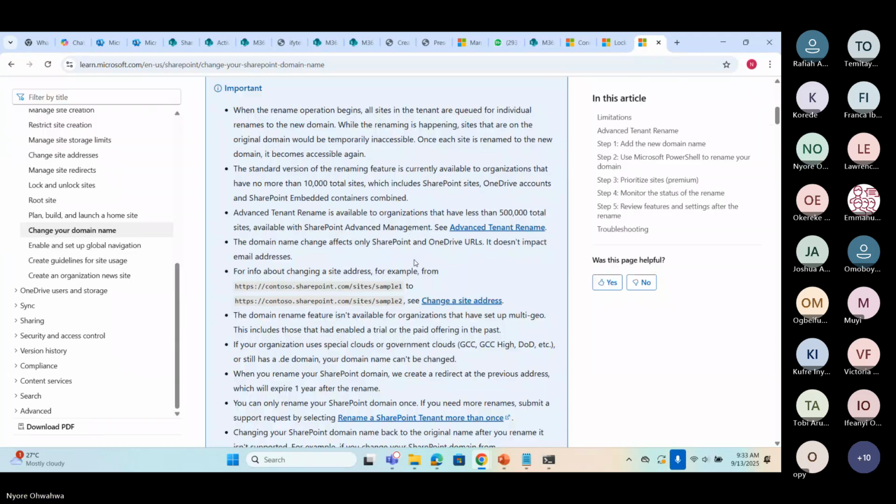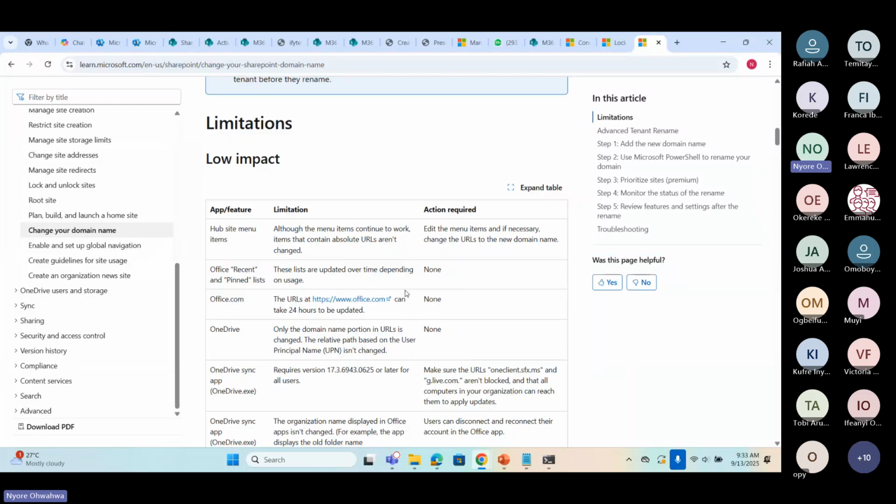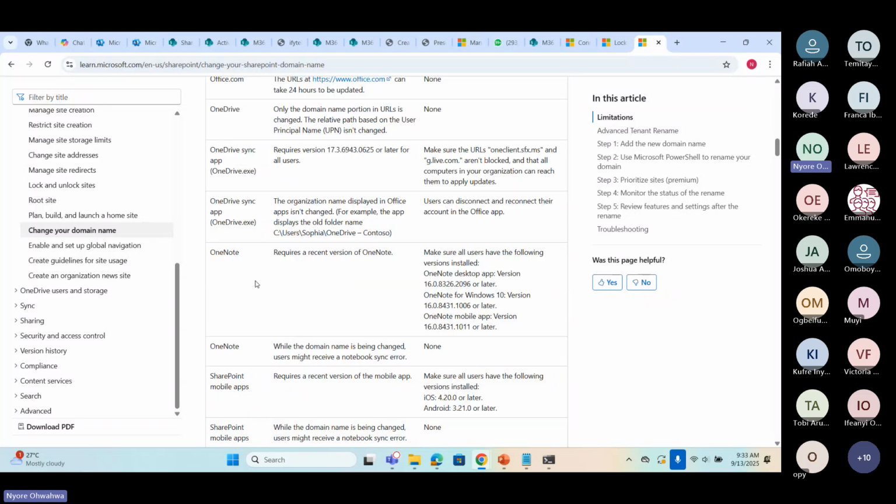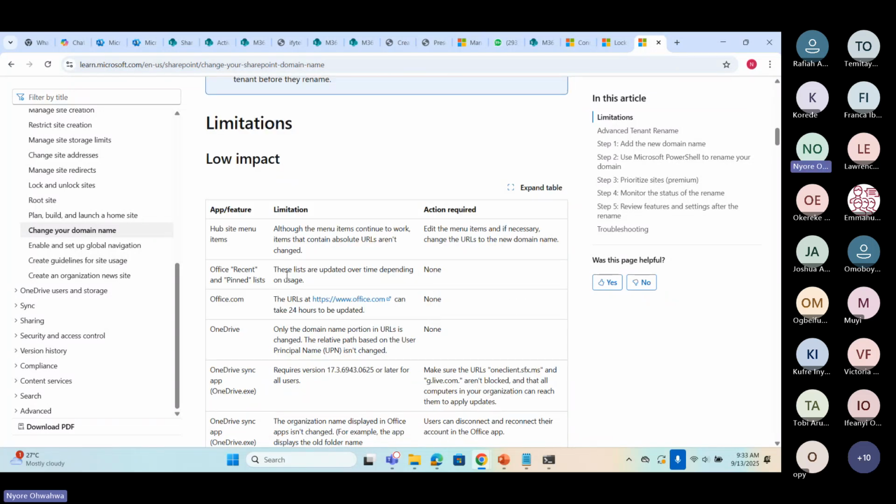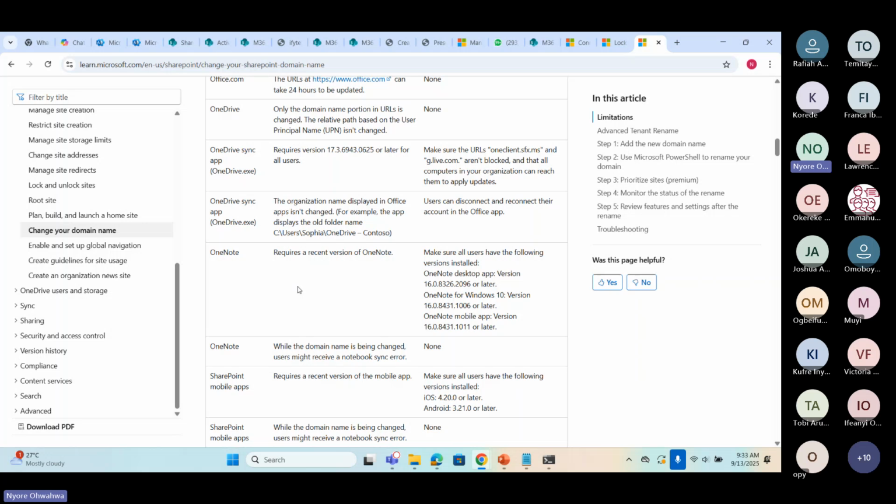Okay. So changing the site name, we had done that. It's just basically going to the admin center and changing the name. But changing the domain name, you have to consider a lot of things before you change it. Some things might not work after you change your domain name, like quick access that you have clicked, or you have on your OneDrive to be able to easily access your SharePoint site, because a lot of things are changing.